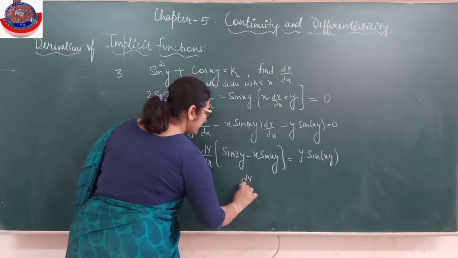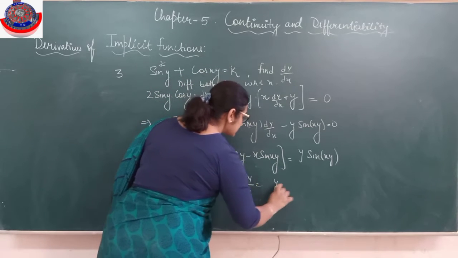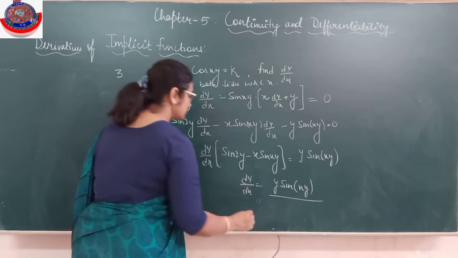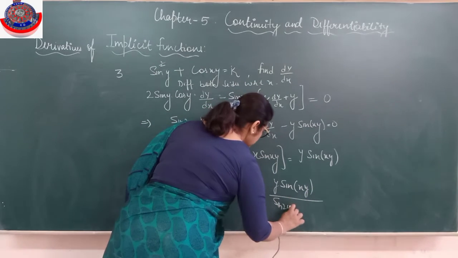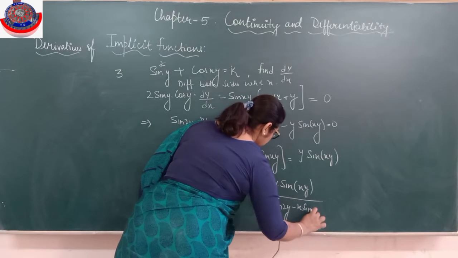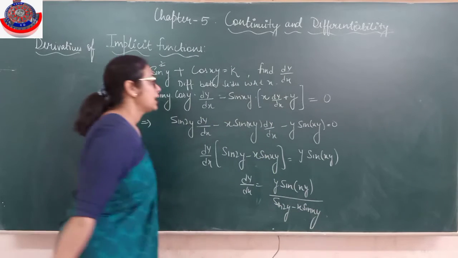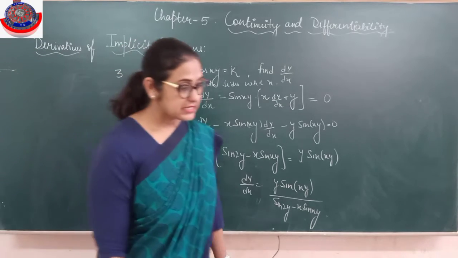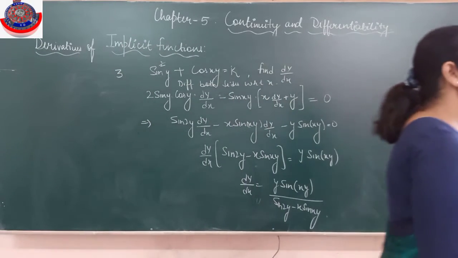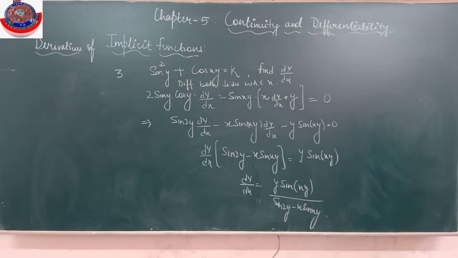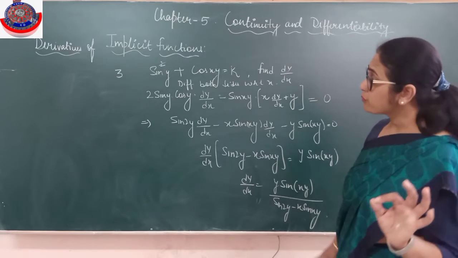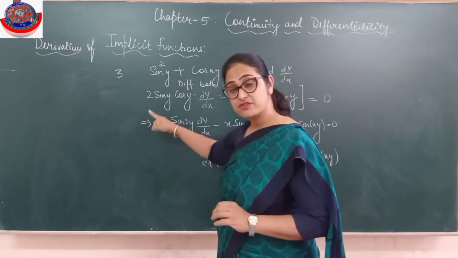And the next step, find the value of dy upon dx. I hope it's clear to everyone how to differentiate an implicit function. Nothing difficult, the only thing is that an implicit function means it's a mixture of x and y. X and y can be on both sides or on one side. You just keep differentiating. Keep in mind, chain rule you have to apply. Whatever is coming first, you have to differentiate.